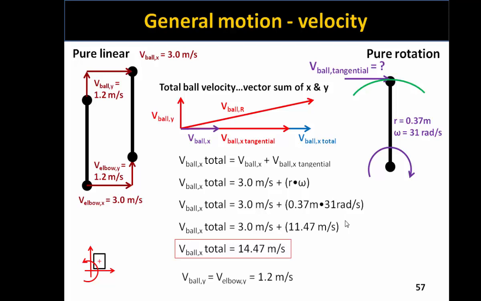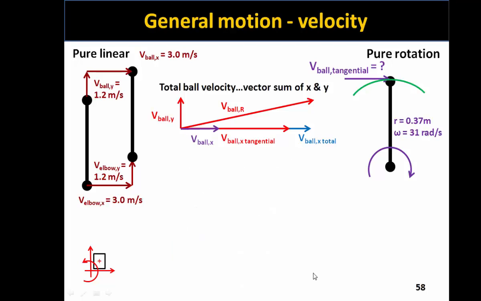Now recall that we already have the y component for the velocity vector at 1.2. Recall that the 1.2 was the vertical velocity of the elbow, which translates to the vertical velocity of the ball. There is zero vertical component due to the pure rotation, so we just have this one right here. So knowing that,